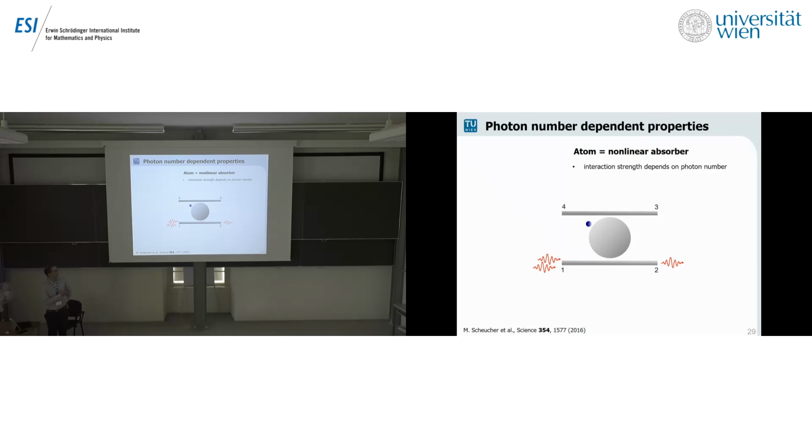But if we now have 2 photons instead of 1, the effective interaction strength between the photon and the atom changes, because already the first photon saturates the atom, so the 2 photons can now enter the resonator and will leave at port 4. In order to make this visible